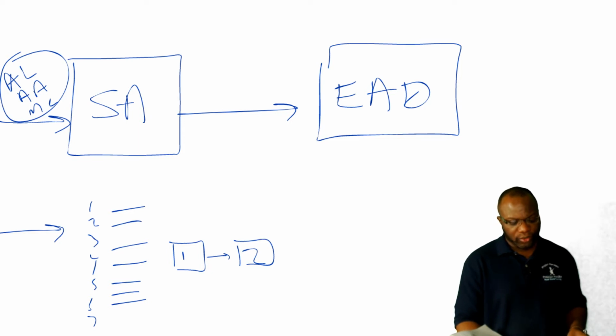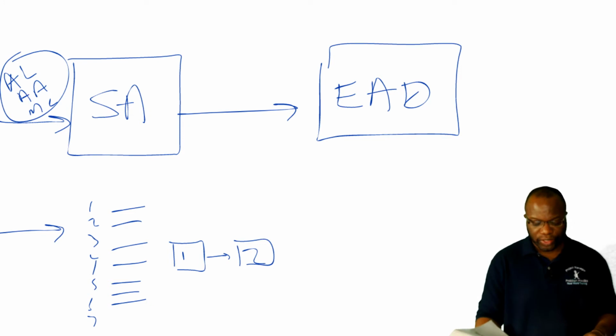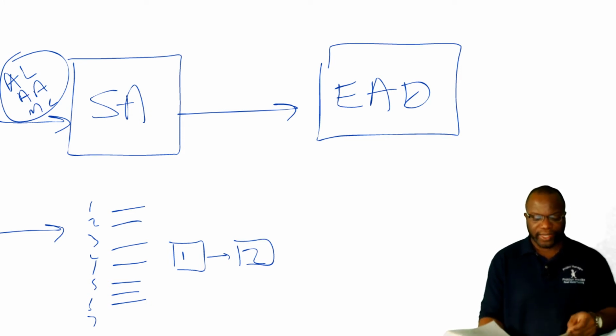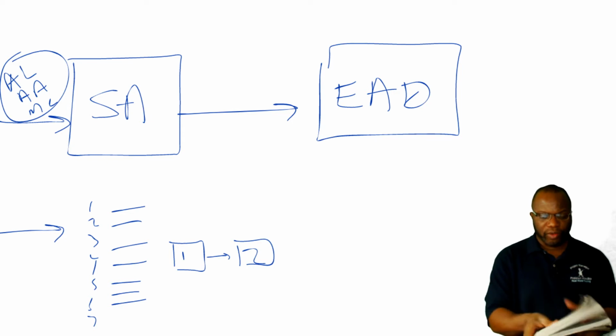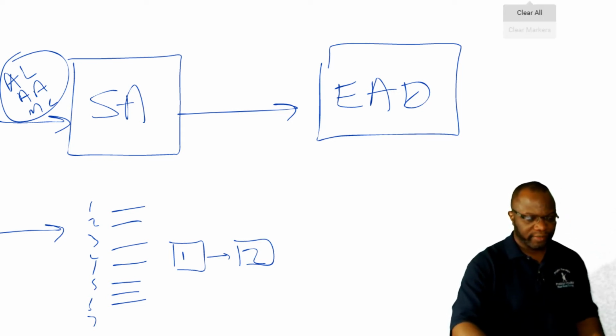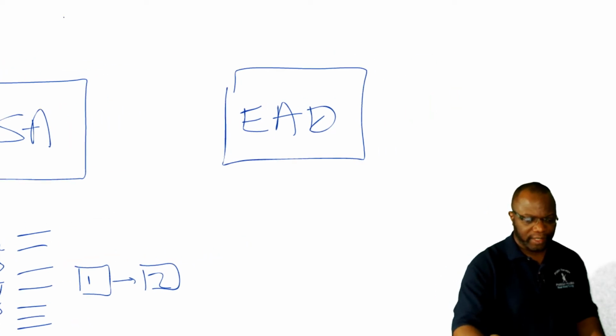Now, while you do not see this going into estimate activity durations, you will eventually see it when you get to the next process, which is develop schedule. So let's go on down to 6.5 because I do want to explain this sequence here. So while we do not have a direct link between sequence activities and EAD, it is important in the grand scheme of things because when we finally get down here